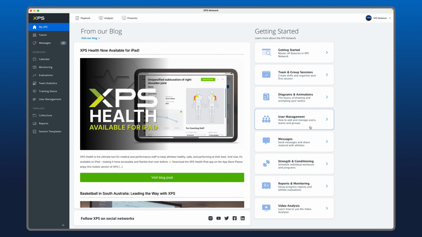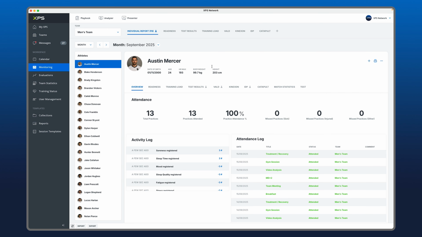Hey folks, we've got some updates in monitoring for everybody. Let's check it out. First of all, in the top right hand corner here, we have a couple of new